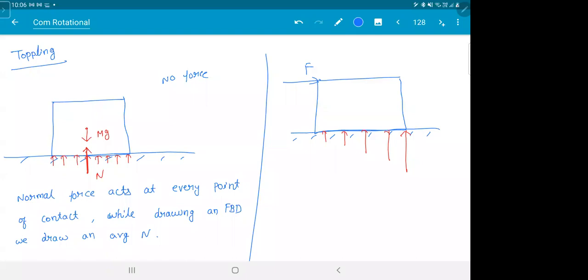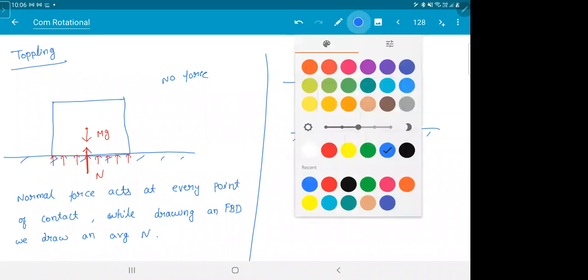So the N is shifting now. When you're sitting straight, it is equally balanced on both sides, and N is at the center. If you're shifting to the left, N is shifting to the left. While you're climbing down a hill, all your weight is coming onto the toes, one of the reasons why it's difficult to come down. You might topple. So this mg is in the center, but your normal reaction is not in the center anymore. It will be somewhere here.